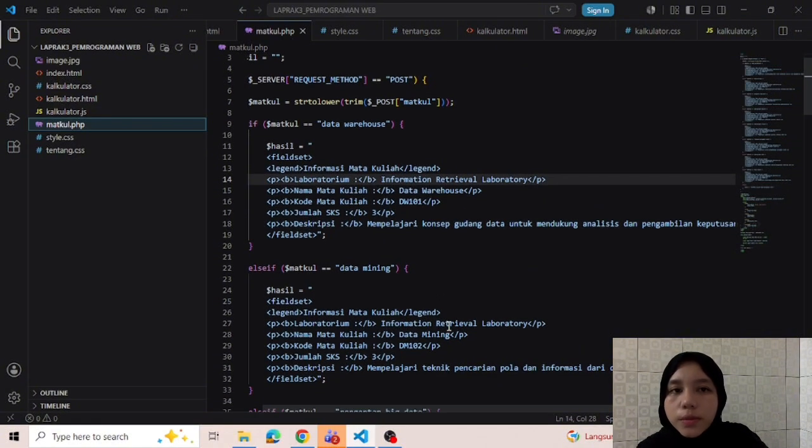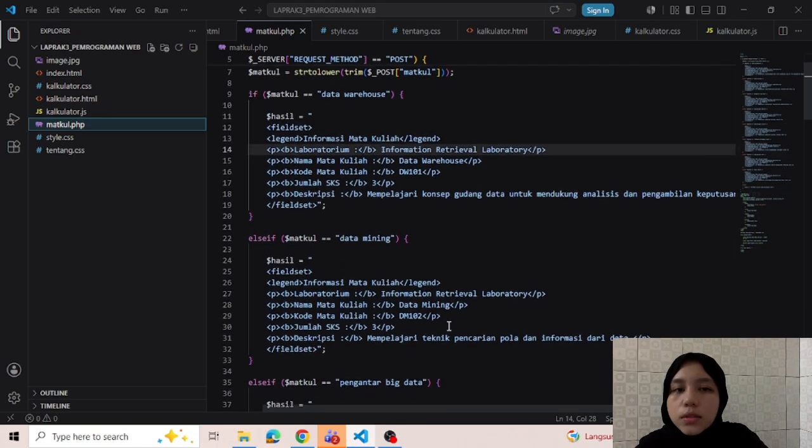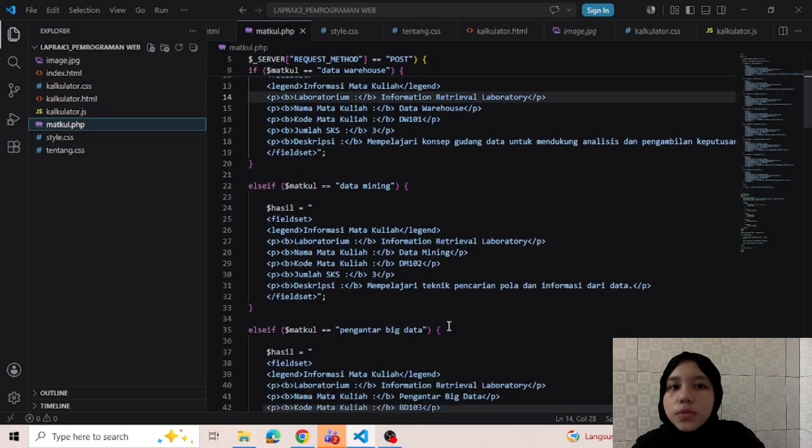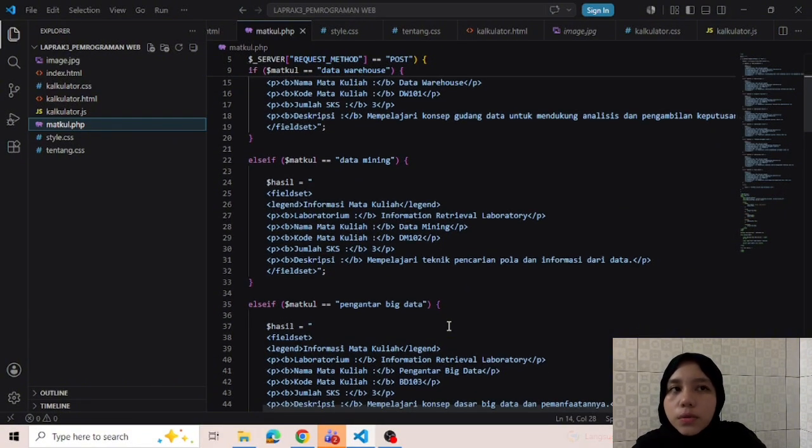I use the trim function to remove unnecessary space and the strtolower function to convert text into lowercase letters. This makes the search process case insensitive. The program uses if, else if, and else statements to compare the user input with available course data.